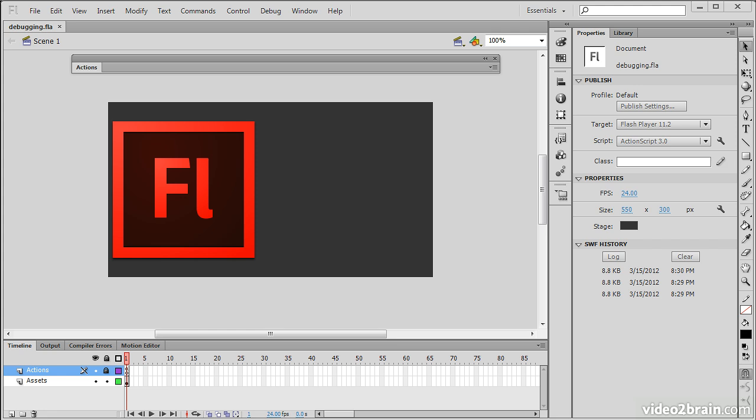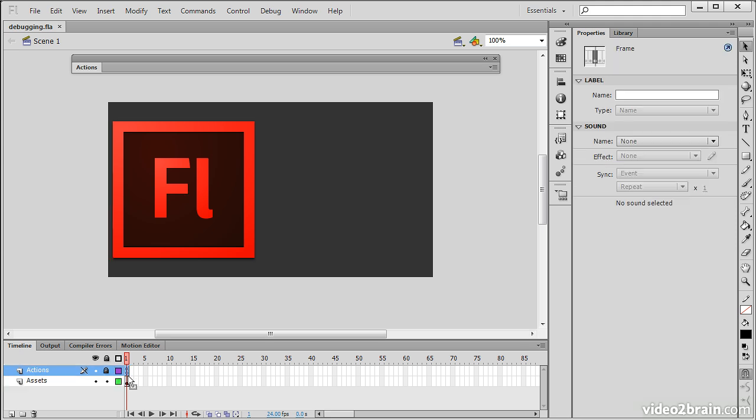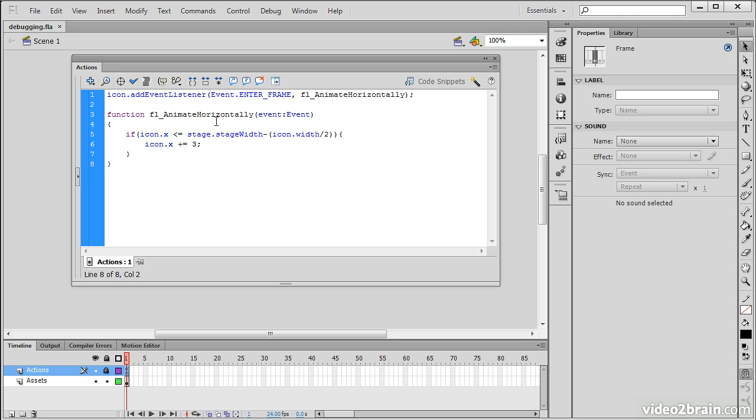One of the most simple methods of debugging a project is to simply trace out bits of text in variables. In this lesson, we'll demonstrate how this is done. So here I have an FLA, and we have a movie clip symbol right here with the instance name of icon, and then we have an actions layer, and if I expand my actions panel, I can see that in here